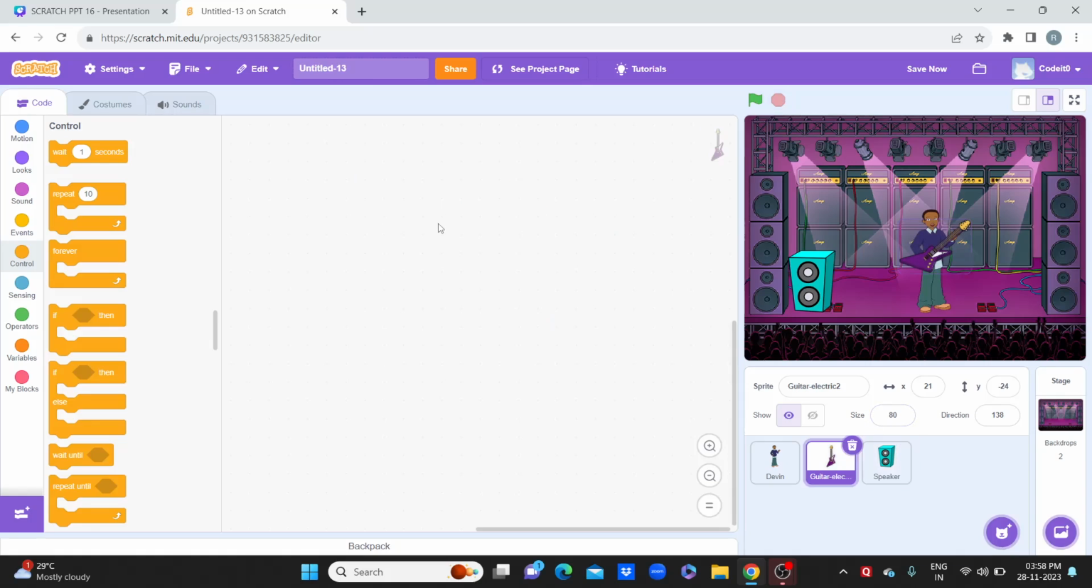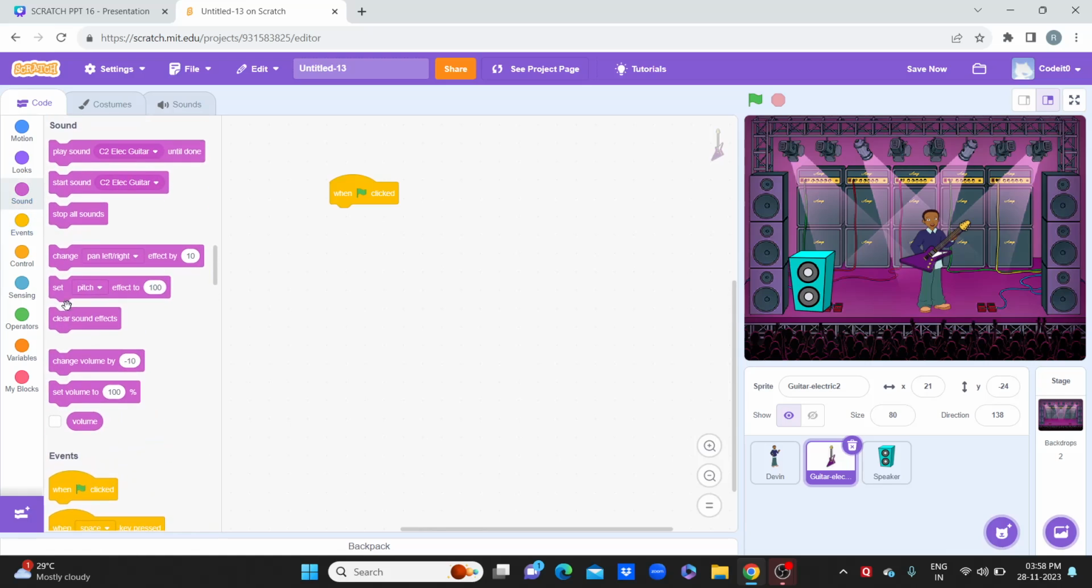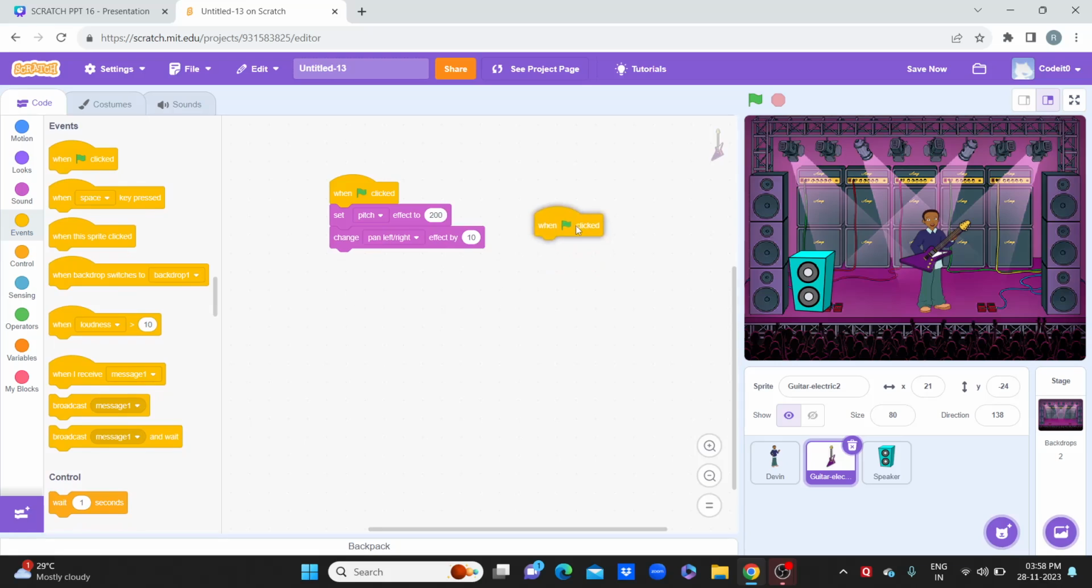Now we can set for the guitar too. How much high end pitch you want, you can set that as well. So we can set pitch effect to 200, which is very louder. Then we can change pan, left and right effect. So the effect keeps reducing after a point. When the green flag is clicked,